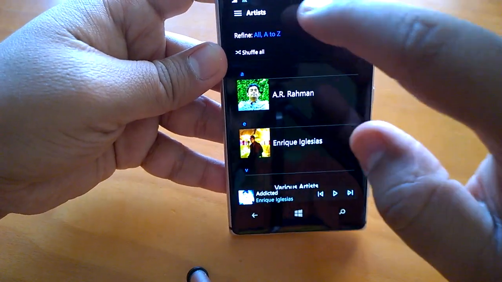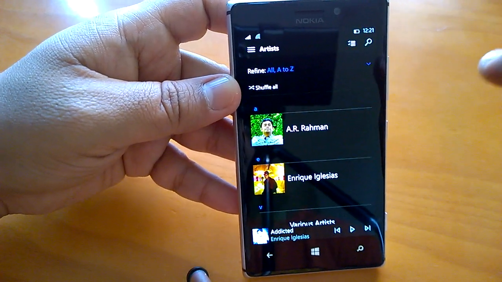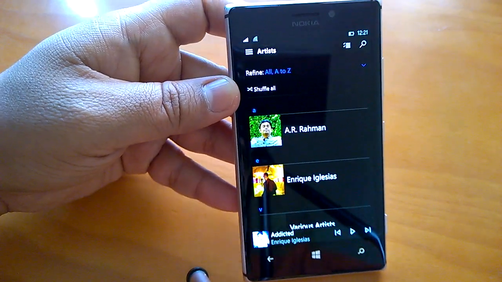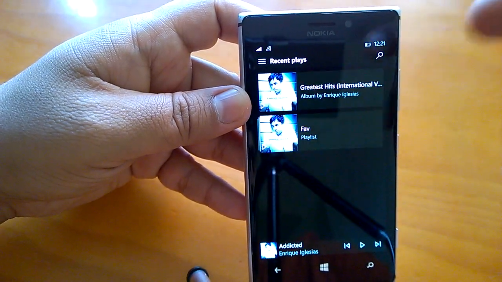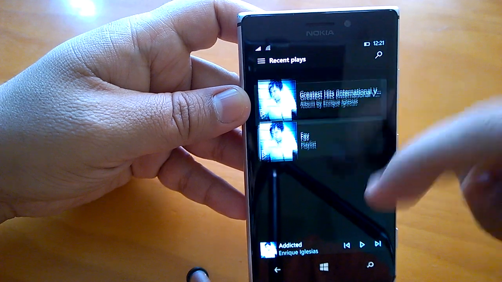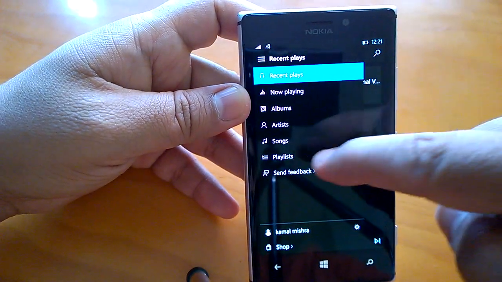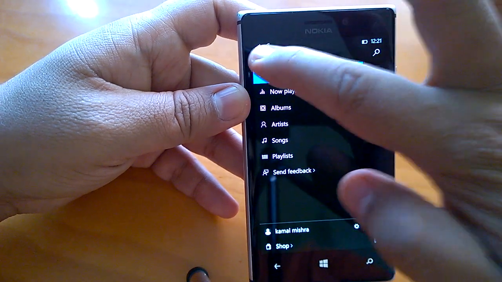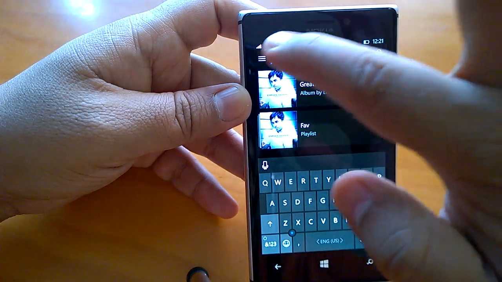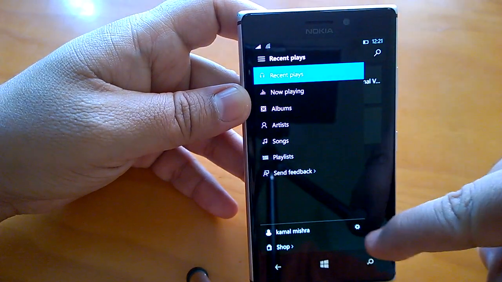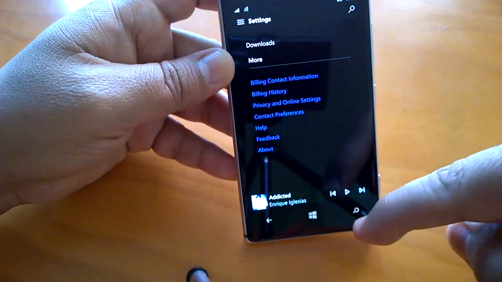Even though this Music Preview has been introduced for the first time on phones, it was available on Windows 10 desktop, but still it works smoothly. I have not seen any major crashes, etc. You can see I am playing with it, and still it's working like a charm. There are no big issues as such on using this application. And in spite of this hamburger button, which many would not like here, still it works really well.